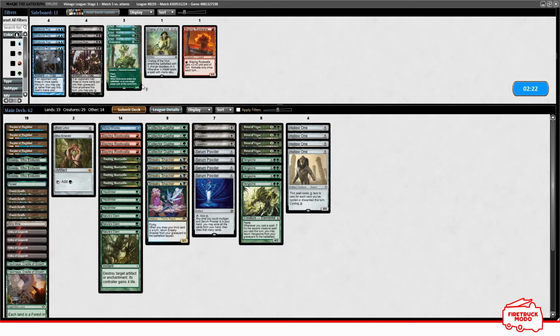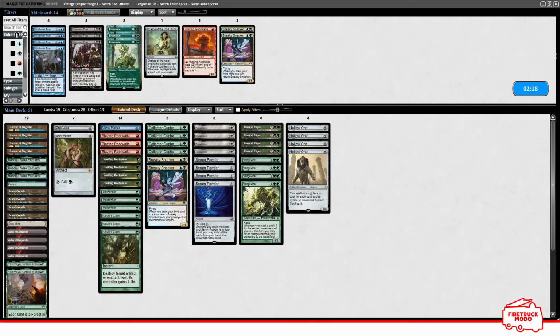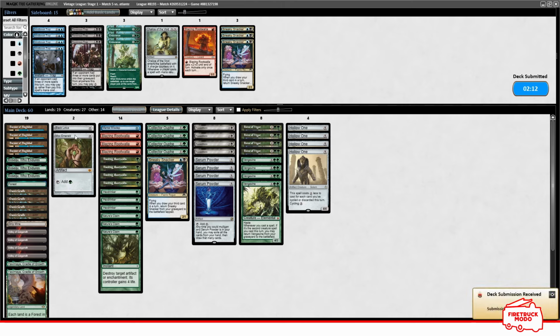I think the Sneaky Snacker is actually the weakest one for us here. I'm afraid to cut it again, but the thing with Sneaky Snacker is I need to activate Bazaar a second time, which against Shops is not likely. So